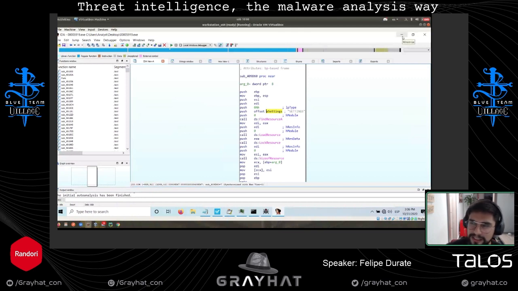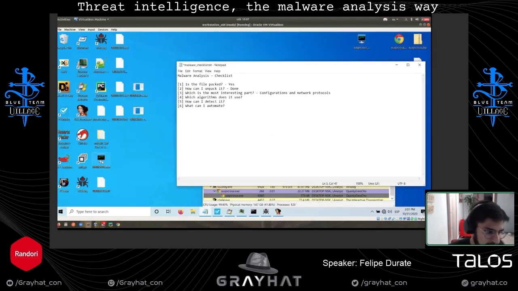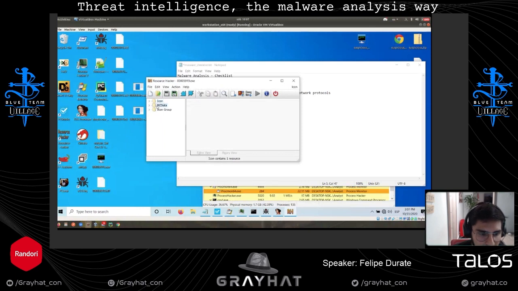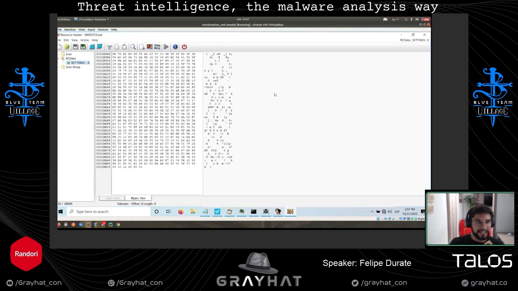That means the settings are a resource in the sample. So if we go to Resource Hacker and go to RCData, you will see that here you have settings, and settings is kind of weird data. Probably the configuration is here in an encrypted way.